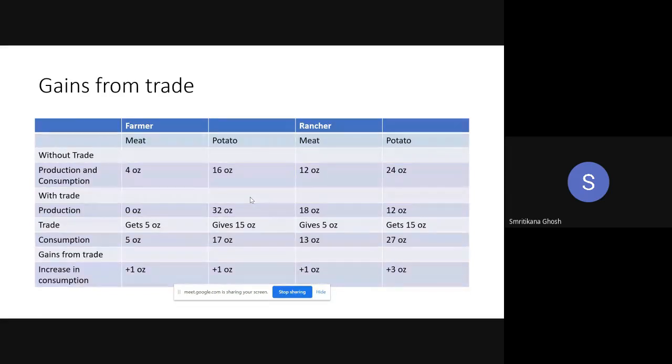This is very difficult to answer because it's a permutation and combination type of thing. You have to use trial and error, this or that. Ma'am, do we need to make a table for this type of question? Yes. We have to see at what quantity the gains of trade occur, by trial and error. There can be a variety of quantities, like America can produce this much, Japan can produce this much.